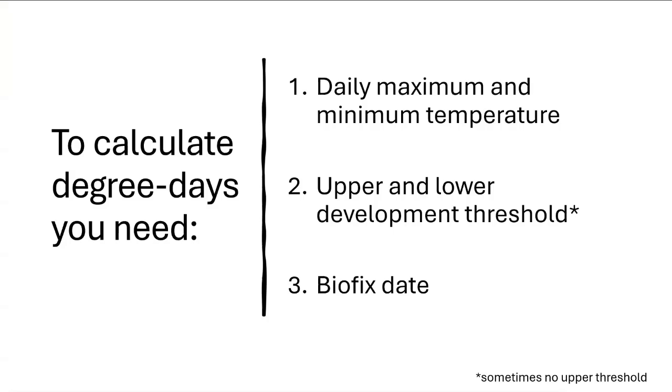And then a biofix date. What does that term mean? Essentially, a biofix date is the date at which, in a calendar year, we would expect development to actually commence. So this can look like a few different things. It could look like a biofix date would be when the egg was laid. It cannot accumulate degree day units before that, right? It can't develop because it didn't exist yet, just based on the developmental timing in the life cycle of an insect or pest. Another thing it could look like is sometimes we arbitrarily set a January 1 biofix date,